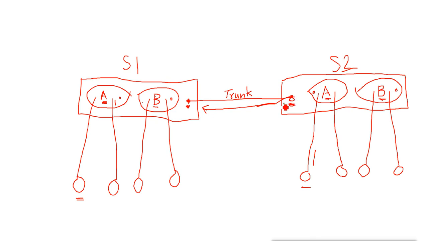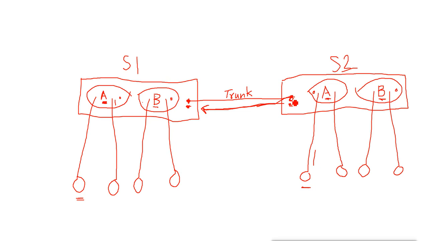That means it will start sending the request to the other side of the port, and it will say, do you want to be trunk? Now this port is already on desirable mode. So it will say yes, I want, and it will convert itself into trunk. And even if you configure this side of the port as dynamic auto, auto will wait for the other side to say. And the other side, like desirable, also wants to be the trunk.